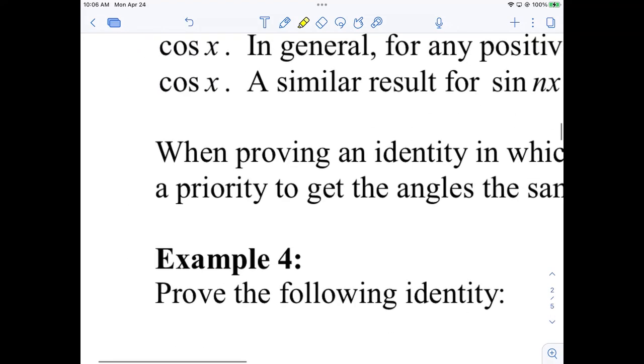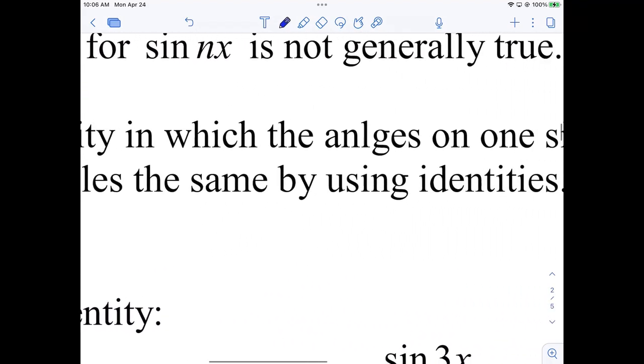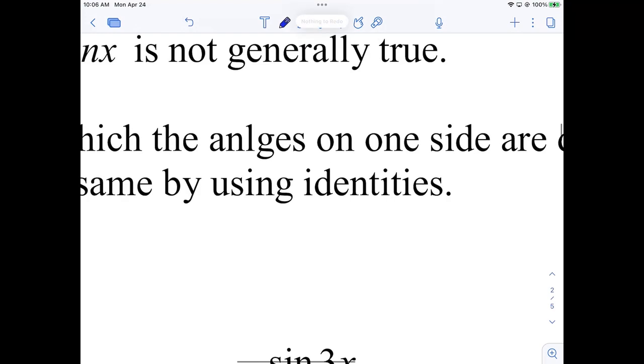Example 4. We have a new number 1 priority when we're doing proofs now, because we have these multiple angles working around with us. When you're proving an identity where the angles, and look how I spelled angles. Isn't that funny? Anyone want to try to pronounce that? Analogous